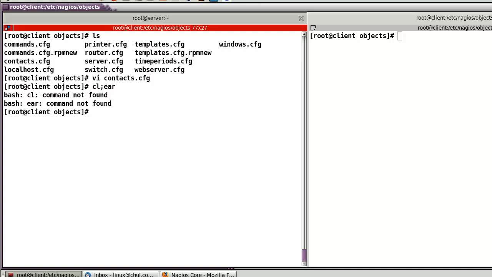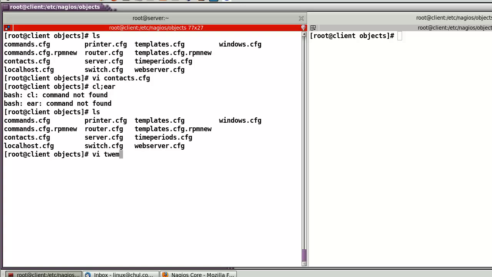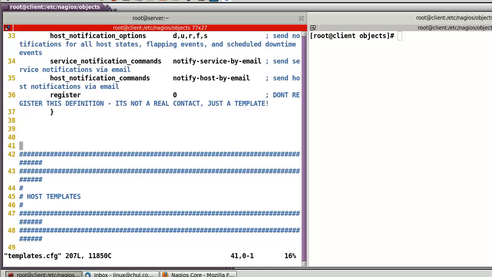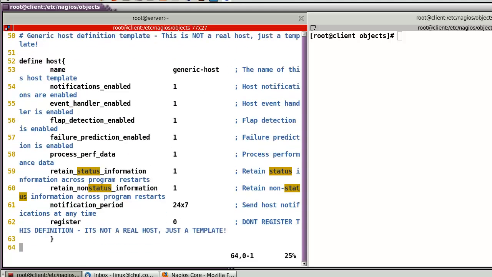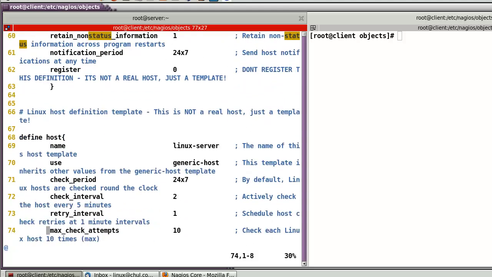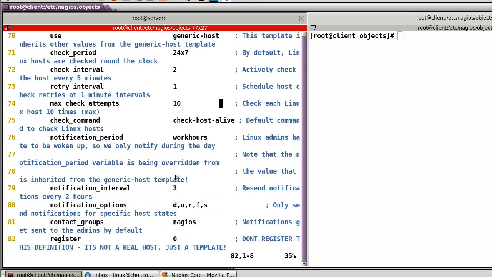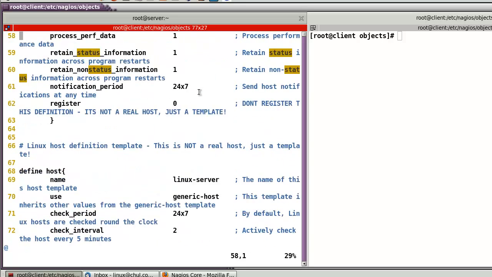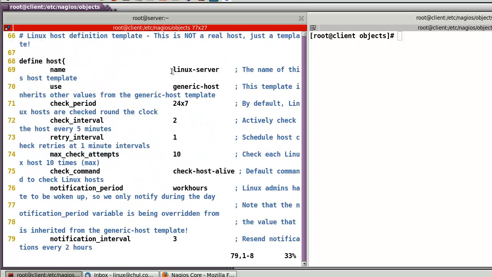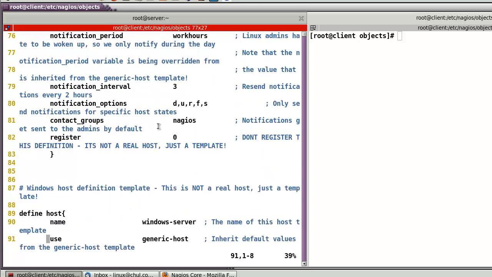Okay, so now let's try to check these members. Okay, here template. Okay, first let's try the host template. Okay, let's try to use this one, the Linux server, using, for example, here, contact groups, Nagios like this. So now if some device uses this template, then the contact group will be Nagios, and this Nagios includes 2 members, ITC and admin. For example,